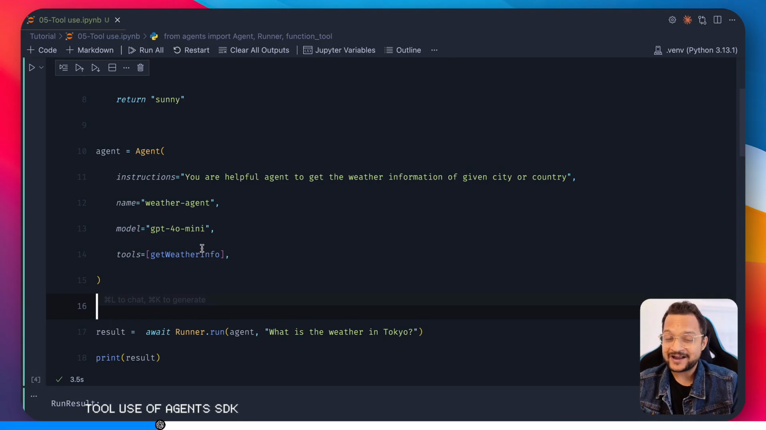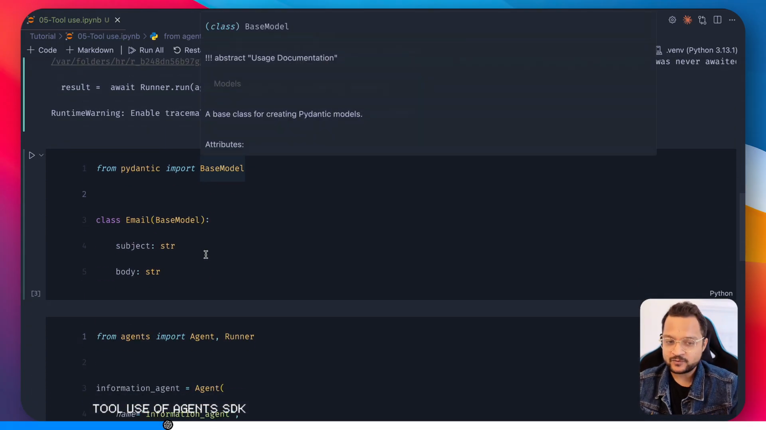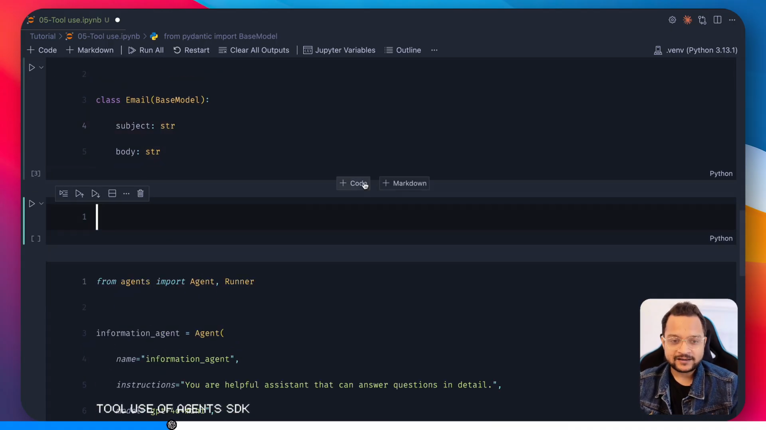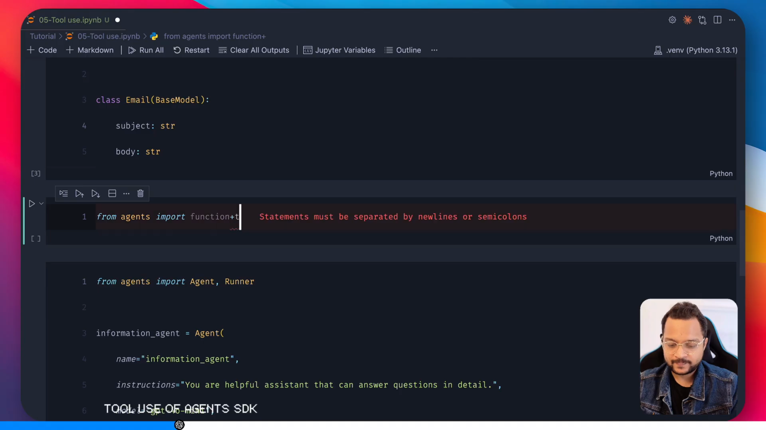But remember I told you we need to really send the email. For that, let's create our own structured output with tool use. Okay, so in a new code block, I'm going to define from agents import function_tool, like this, with the